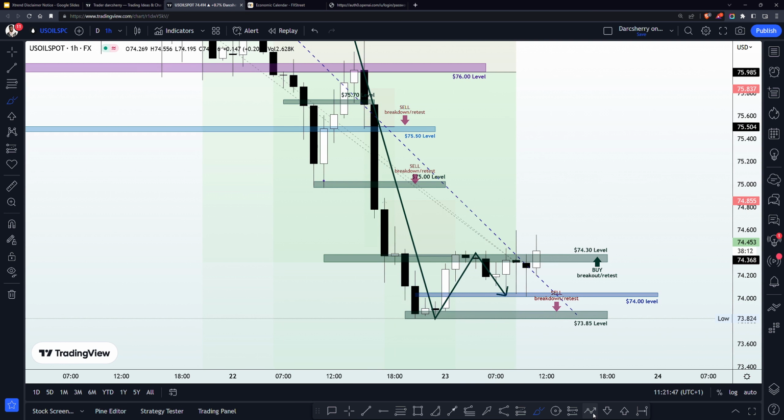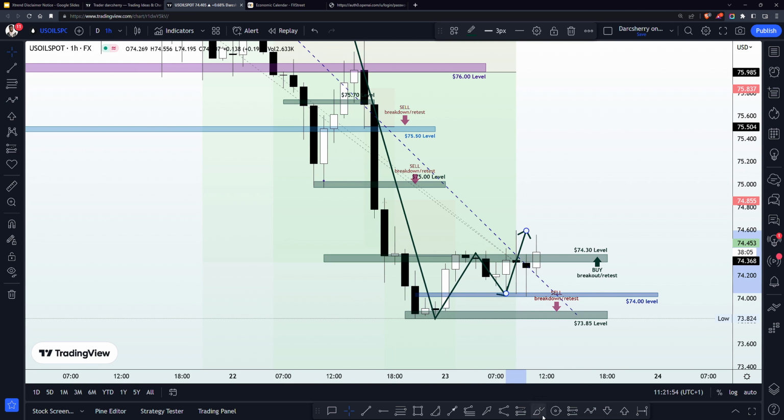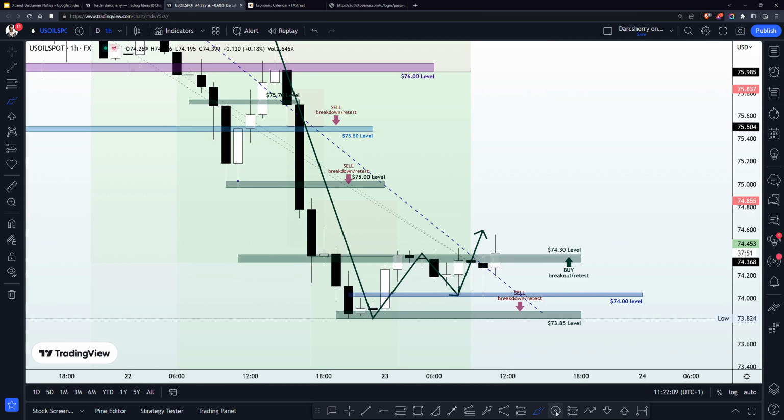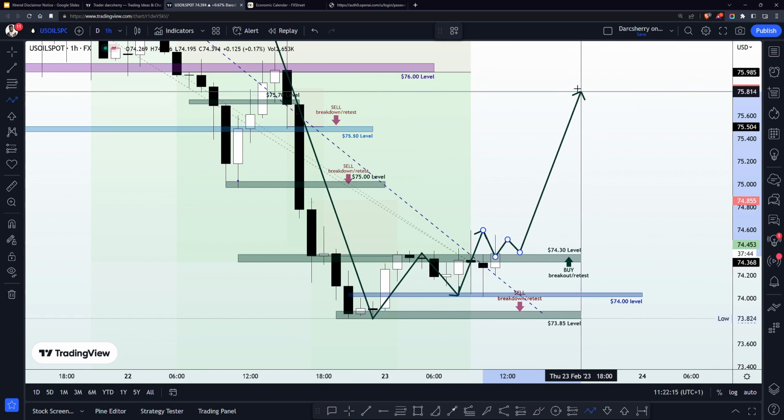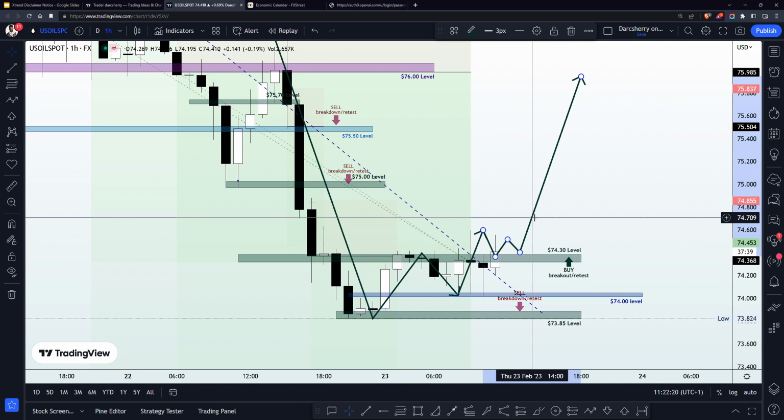And making it more interesting is the fact that it shares a confluence with the neckline of that reversal pattern. So for this reversal pattern to be mature, we want to see an outright breakout of this neckline area to give us a valid reversal pattern. And coincidentally, it shares a confluence with that bearish trend line, which will definitely be a beautiful signal that the trend line may no longer have the capacity to continue to hold selling pressure. And if it so happens that buy pressure resumes above the $74.30 level, we'll definitely want to be joining that bullish momentum to the upside at this point.